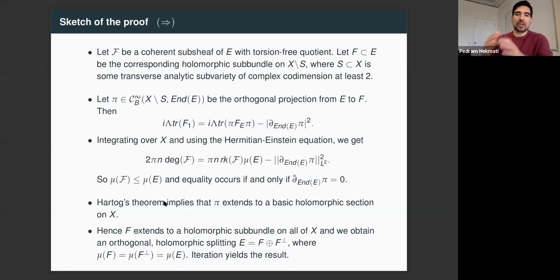Now using Hartogs' theorem, you can extend this projection onto the sheaf subbundle to the entire space X, and using the fact that the projection is covariantly constant, it means that the orthogonal complement of the subbundle F is also stable of the same slope. So this gives you a splitting of the bundle into a direct sum of either stable bundles or polystable. But if it's polystable, you keep repeating this argument. All right, so that's